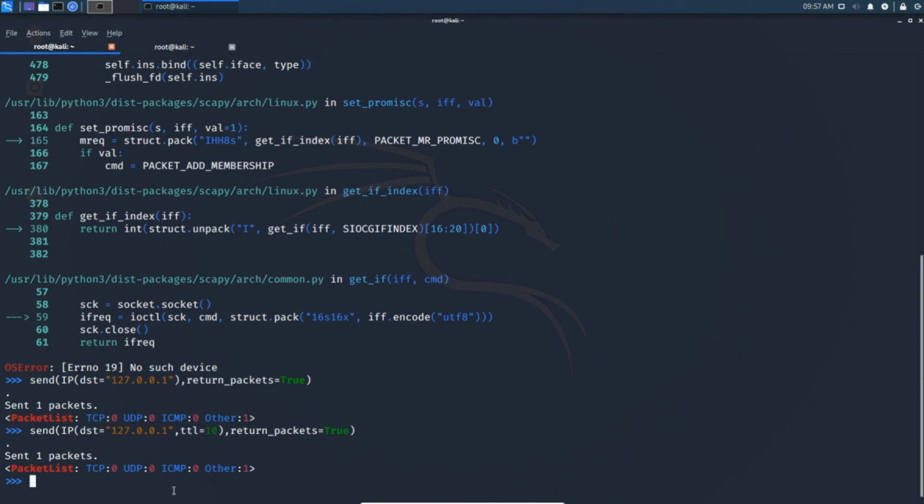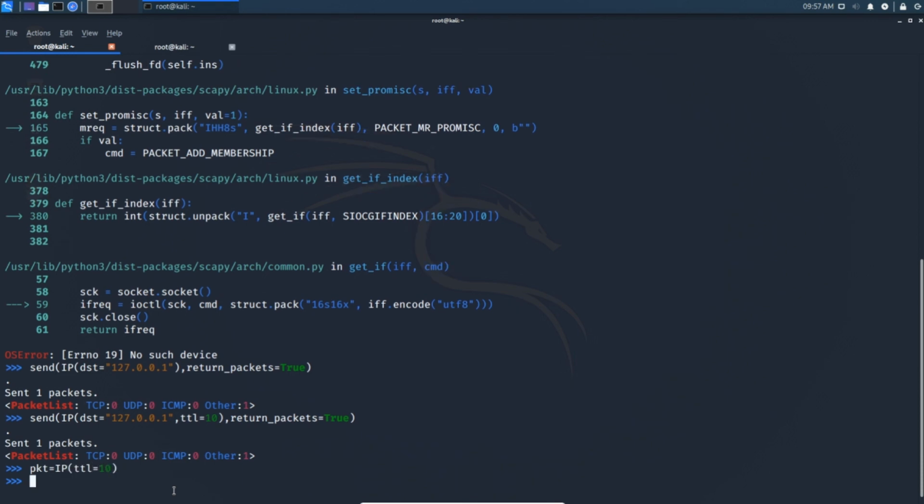I am going to demonstrate a small command. pkt equal to IP(ttl=10). This is how we create a general basic packet. Hit enter, and now we are going to use the raw command, raw(pkt).